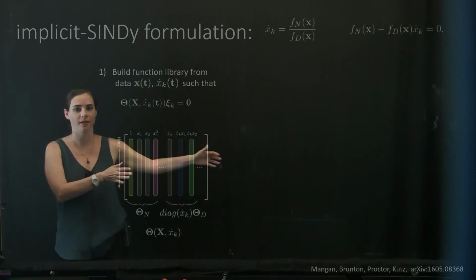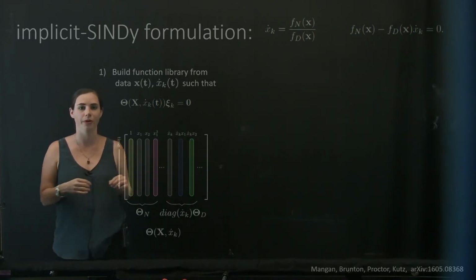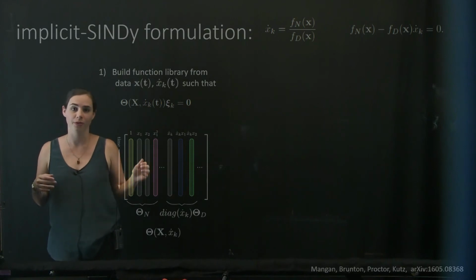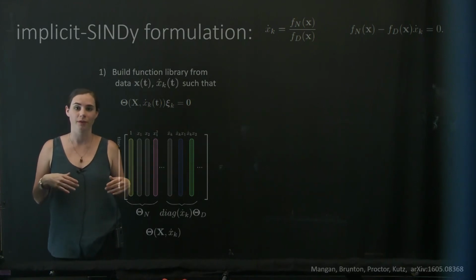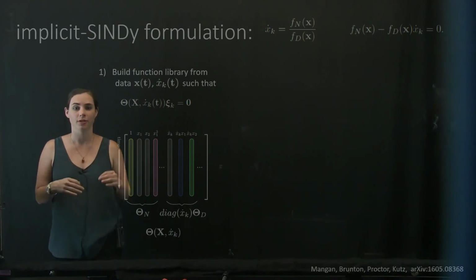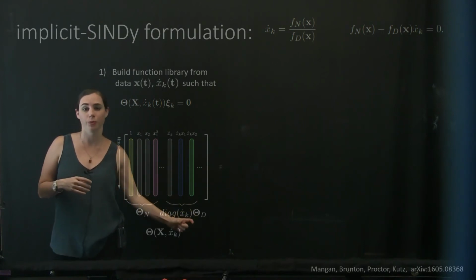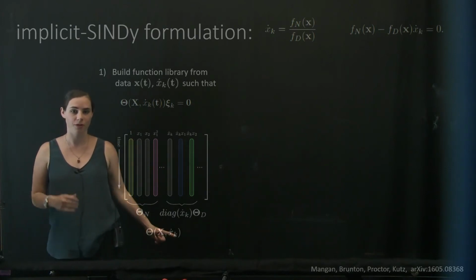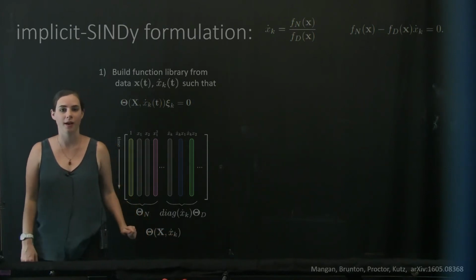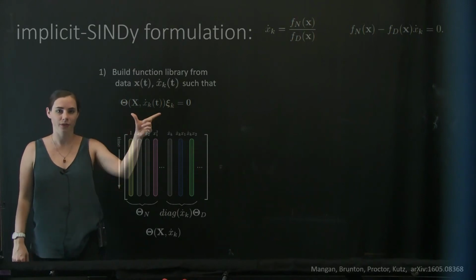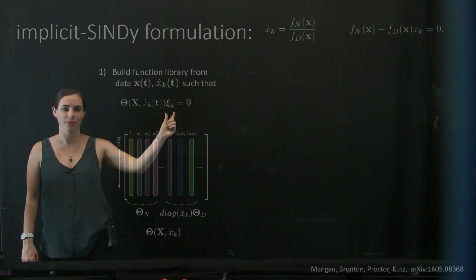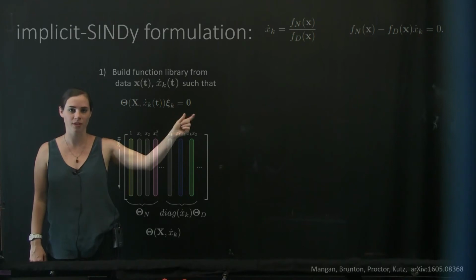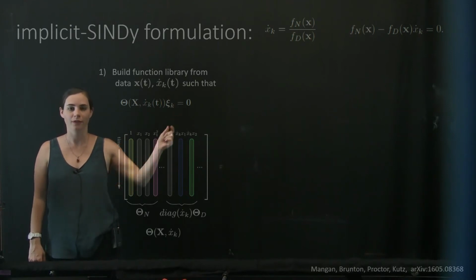So whereas before we formulated this library for all of the state variables at the same time, now we're formulating it for one at a time, but it's still a function of all of the other state variables. It's only just a function of one of the derivatives of the state variables. Okay, so that's our new function matrix theta, and we now have this function matrix theta times our sparse coefficients equal to 0, and we're trying to find what